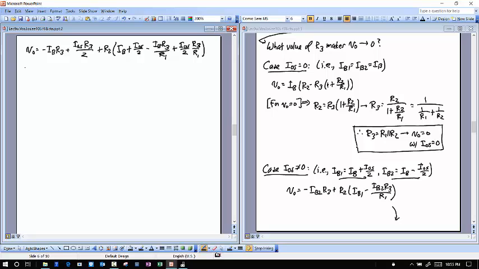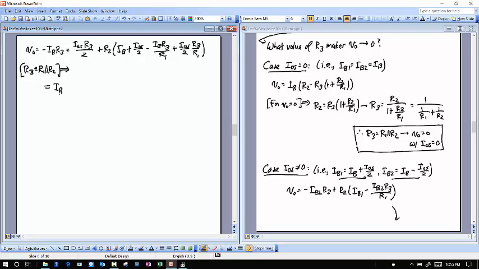What I want to do now is plug in the solution that I had from above. In this case, I'm not going to solve for an R3 that makes V naught equal to 0, but I just want to find out to what degree an input offset current will spoil that design approach, where we're trying to zero out the output voltage by setting R3 equal to R1 in parallel with R2. So if I do this, then this V naught voltage becomes equal to,